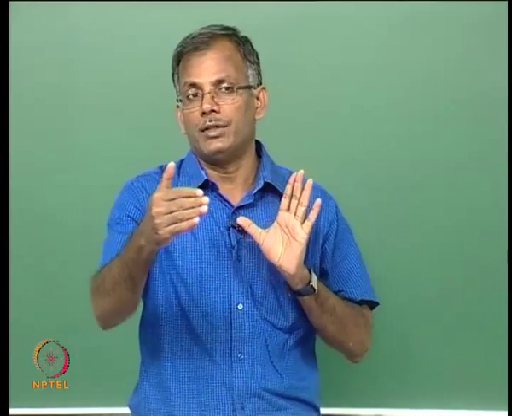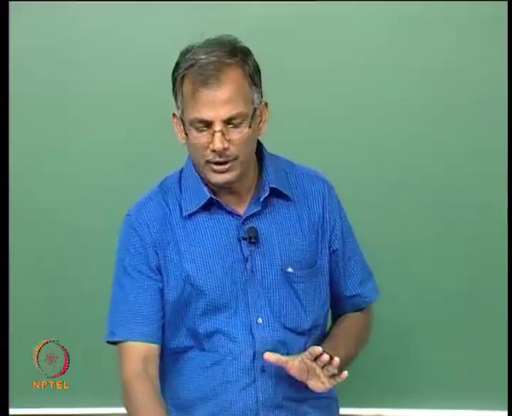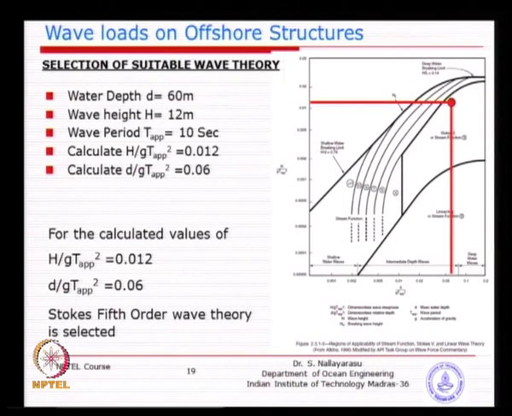As soon as you change the wavelength or wave period, you can see in this chart that the wave theory will get modified. That is why you see here I have put T apparent, which is nothing but the modified wave period. The original wave period is, say, T, and because of the presence of current in the forward or backward direction, the wave period may increase or decrease accordingly.